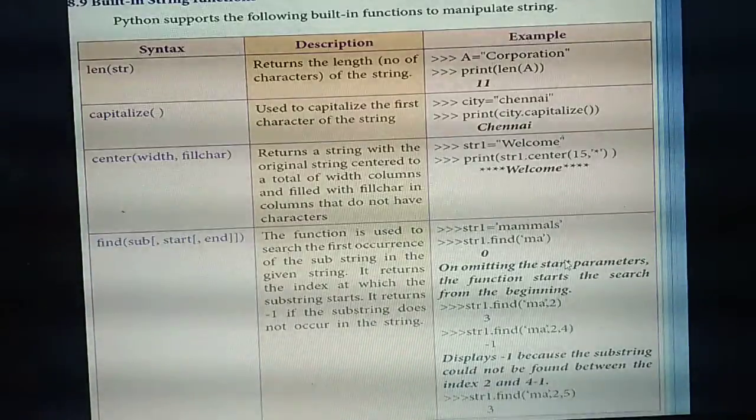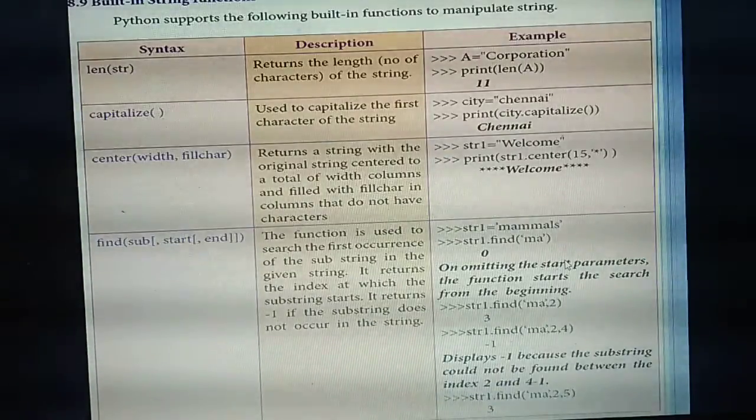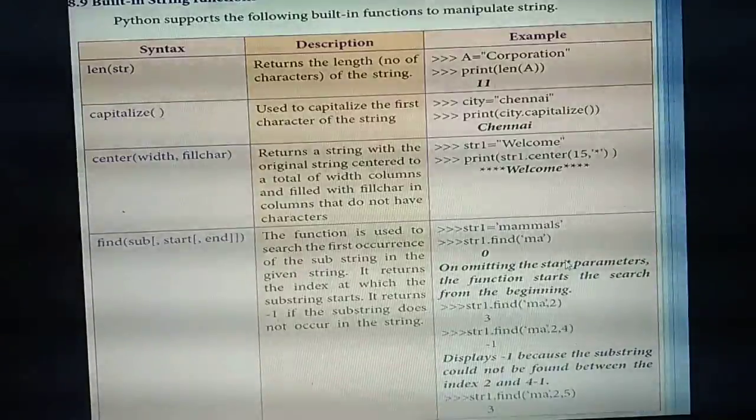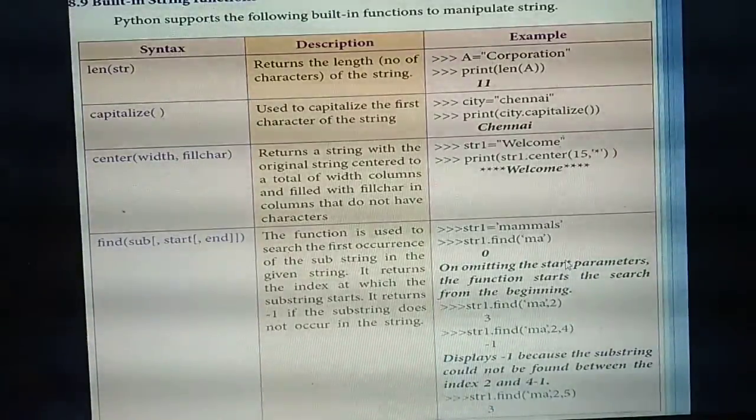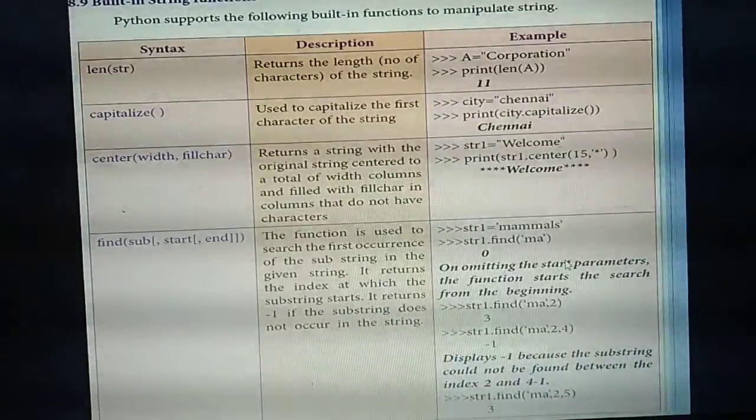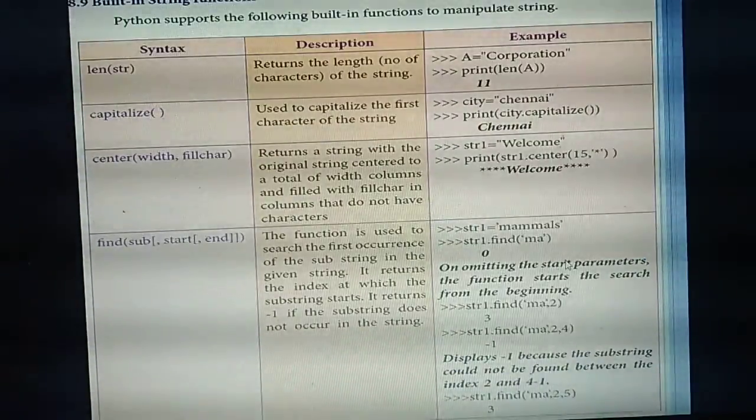So if the substring does not exist, it will return -1 as the output. Always it will take the end index value as n-1. That you already know. Python always takes the last index value at n-1.